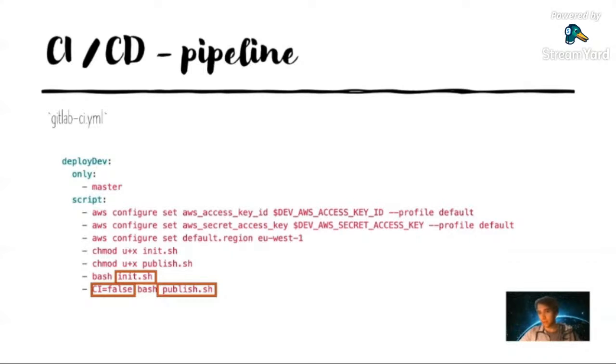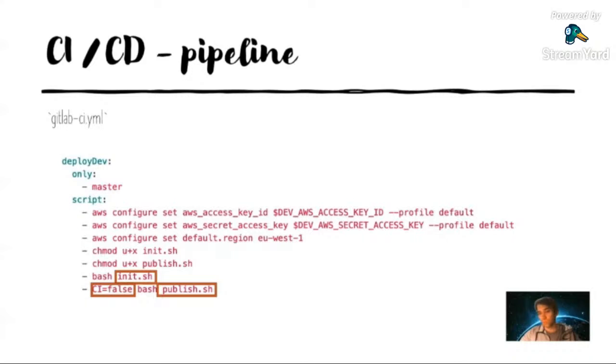I have my credentials configured in GitLab. And now I want to configure the AWS CLI and the Amplify CLI to use those credentials. Those are the first 3 lines. And then you see me running an init, which is actually loading the configuration. And then you see me running a publish or a push, which is pushing the changes to the cloud.